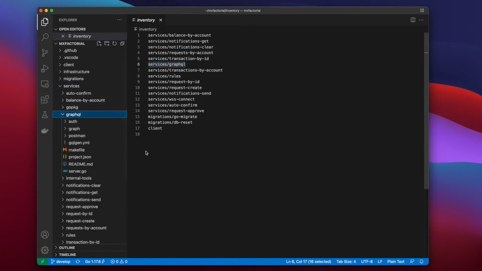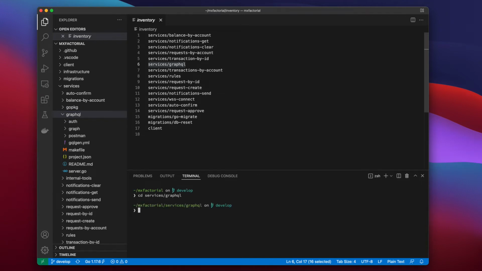This GraphQL service does not query a database directly, but if you want to test routing, first deploy your lambdas and database as demonstrated in video 7, then cd into the service's GraphQL directory. Make get secrets with an environment assignment of dev. You'll notice the .env file appear in your GraphQL directory.